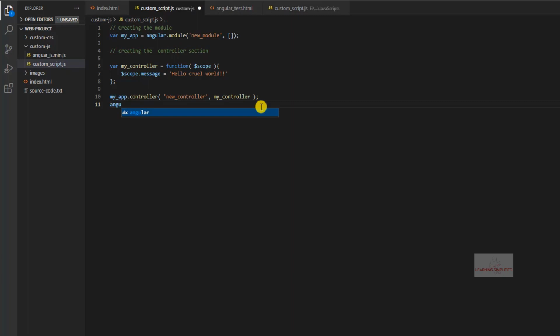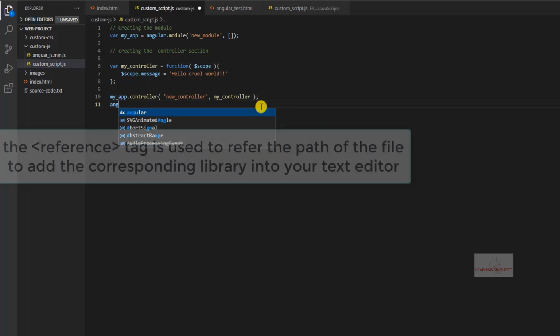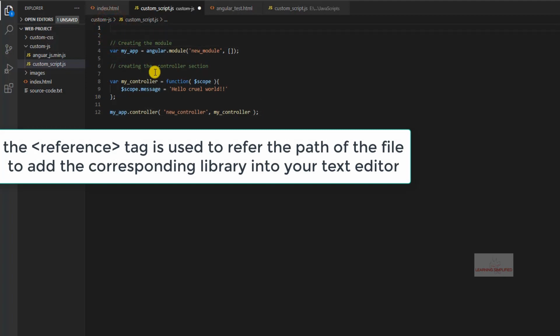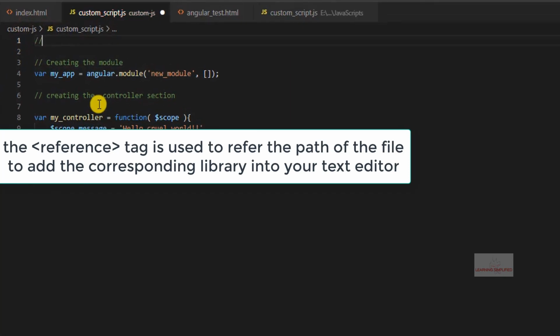Whenever you are running AngularJS for the first time in your project, perhaps you might not be able to get any kind of help from the AngularJS library. So in order to include that in our project, the very wise thing will be to create a separate reference path